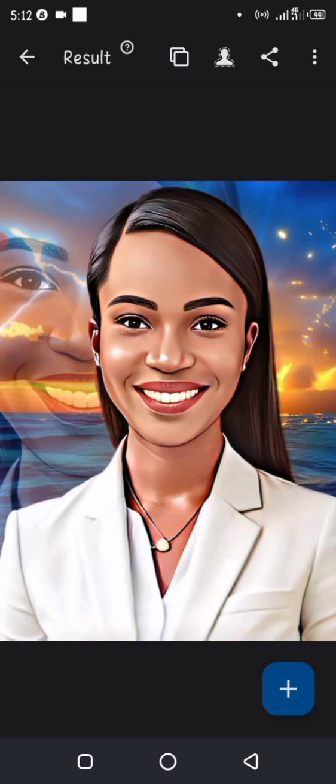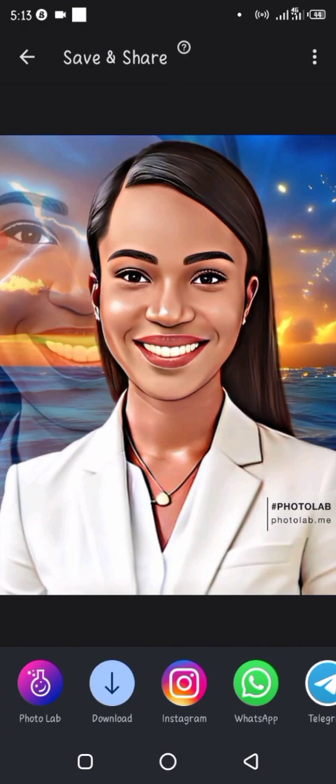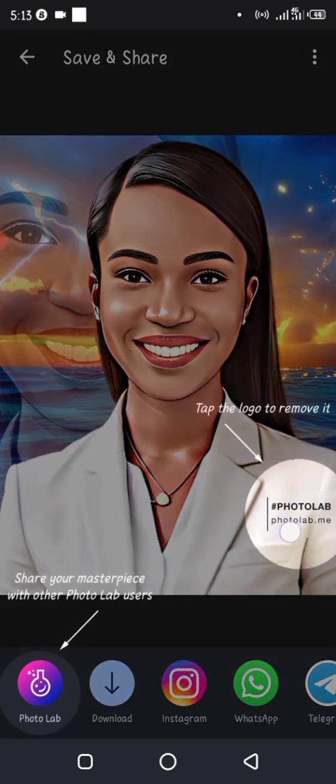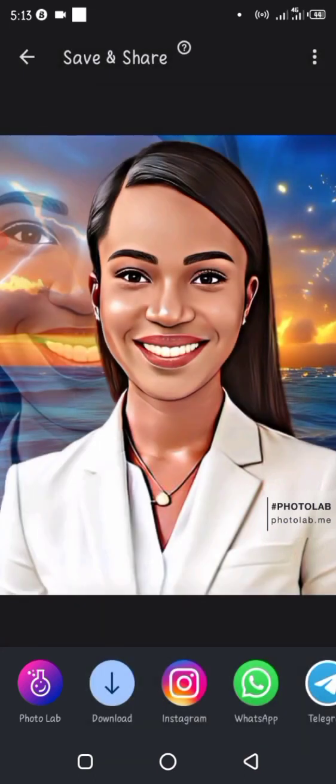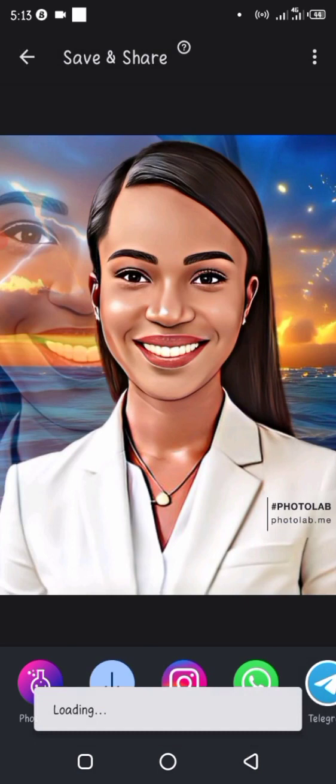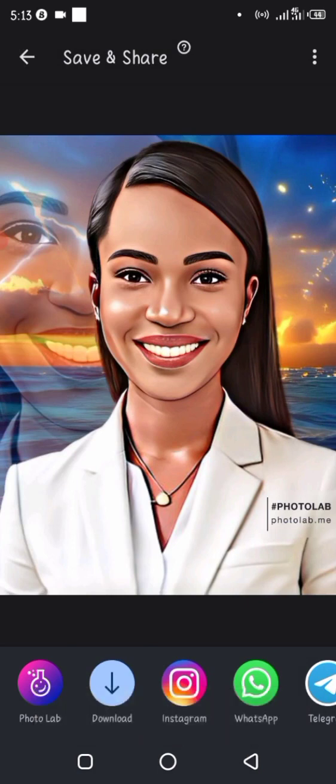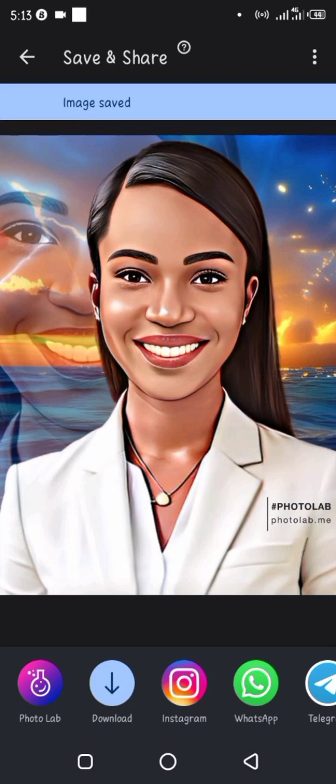Before we do that, let me show you how to save. If you want to save, just click on this share icon. The save option will come up and you see this has a watermark, but the pro version does not have. I'm just going to click on download and it would save automatically into your phone, right? So let me go back and let's try for